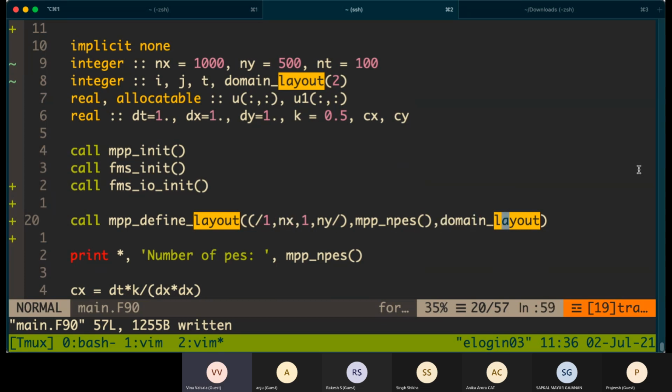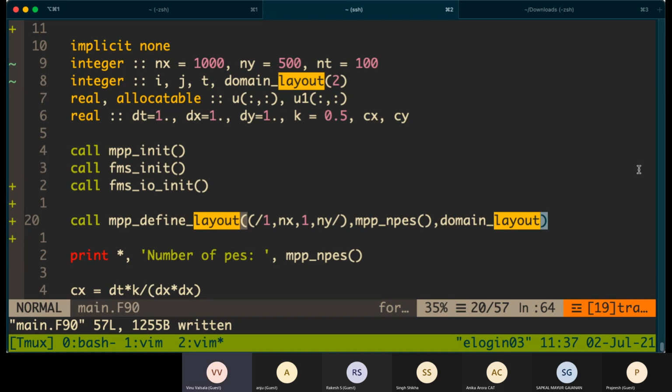Prajesh, may I ask one question? Yeah. This domain layout, you said it's a two-element array, right? What are those values? Are they the corners of the domain? No, this is the processor layout, how the processors should be laid out in two dimensions.